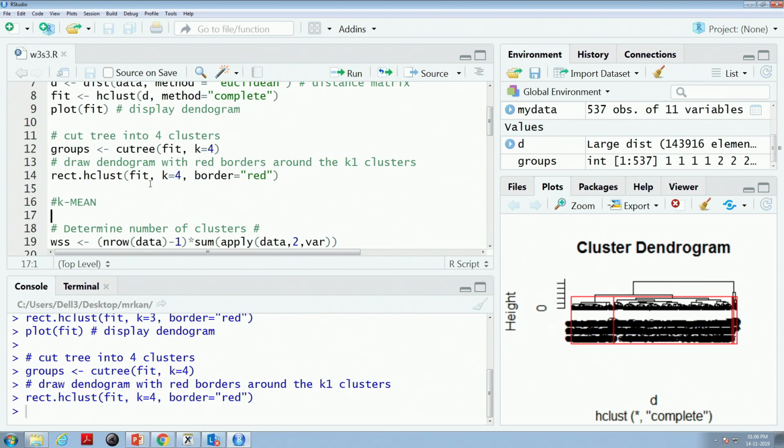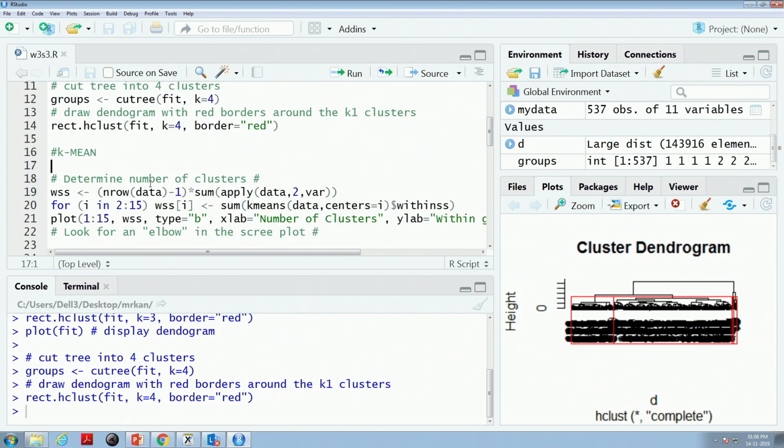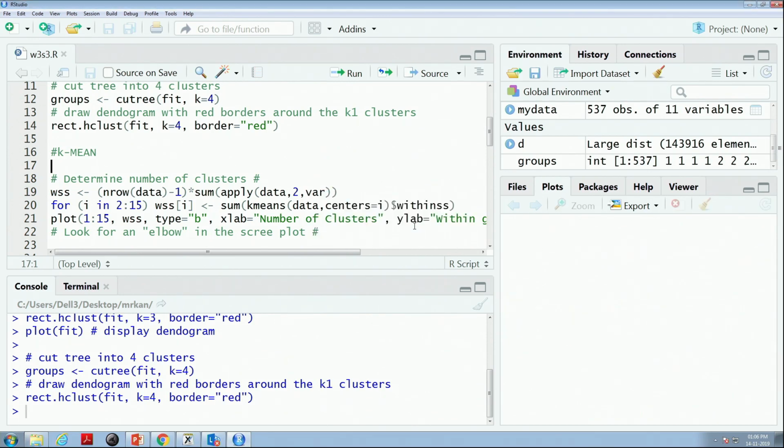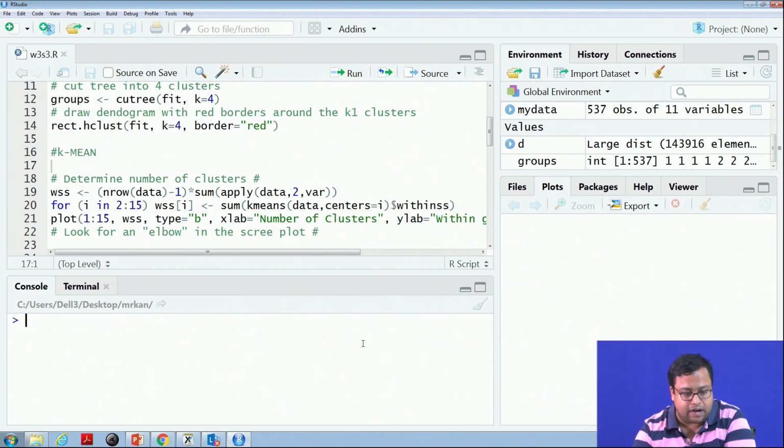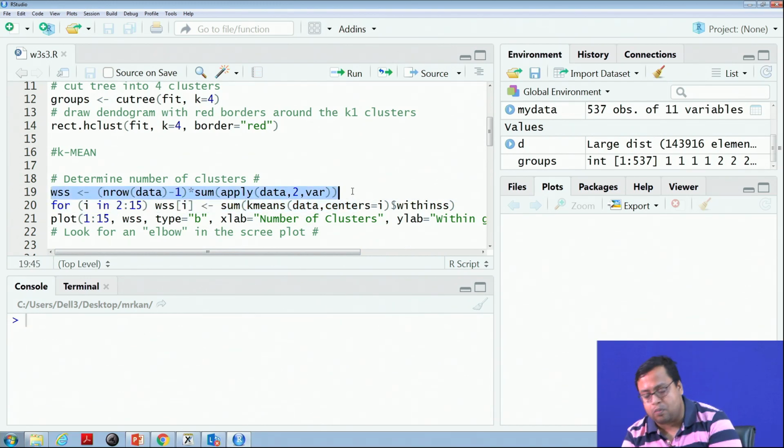The next step is k-means. For k-means, I told you that you have to decide how many segments you want. One thing is I told you that you can have 4 segments using this. The other thing, I will actually run. So, what am I doing? I am writing, when there is no model, when there are absolutely no clusters, everybody is in the same group, then what is the segment I would say.